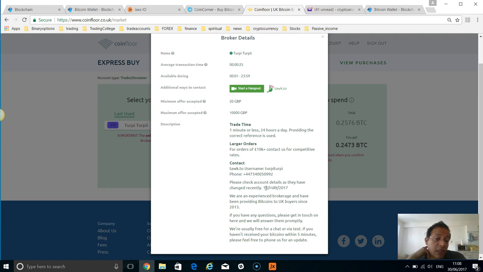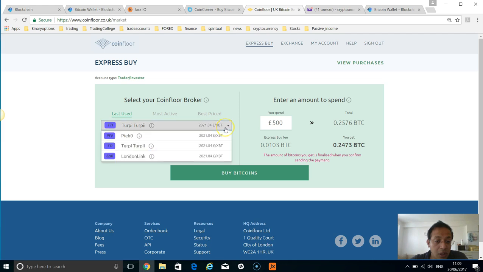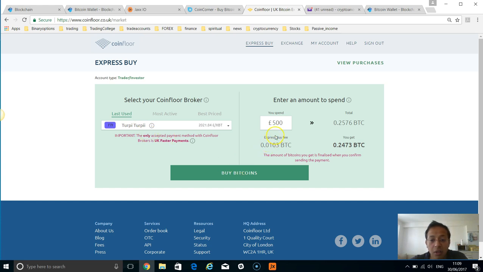It went through pretty quickly. I saw the transaction was working, and after a couple of minutes the purchase went through and completed. So you select the broker, you look at the prices, you select which broker, and then put in the amount that you're spending, and it will show how many BTC you end up with for the amount that